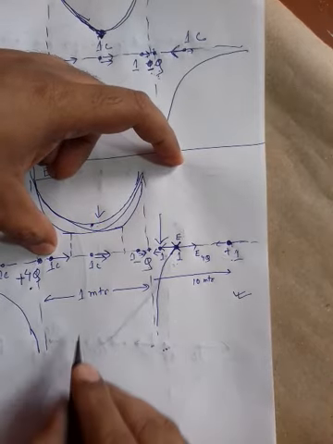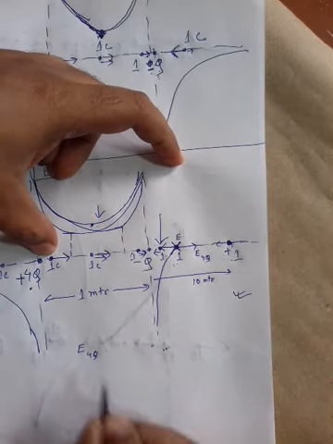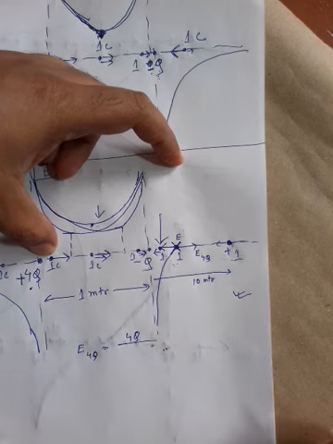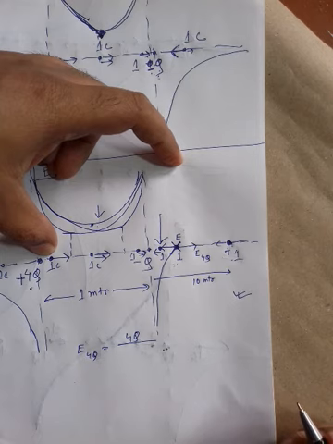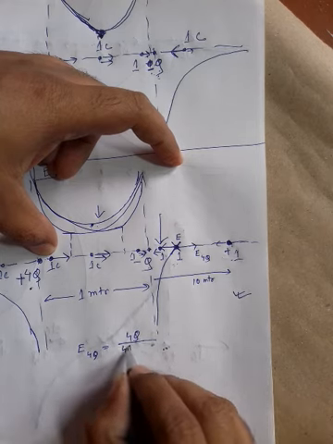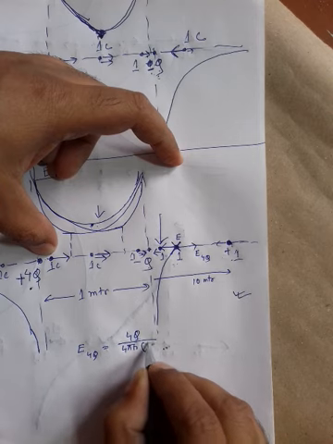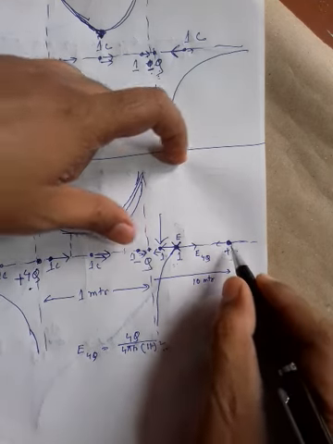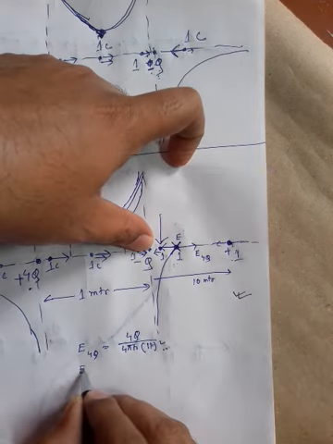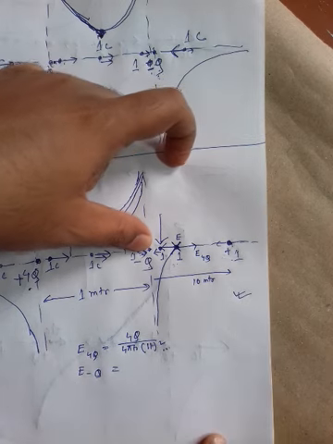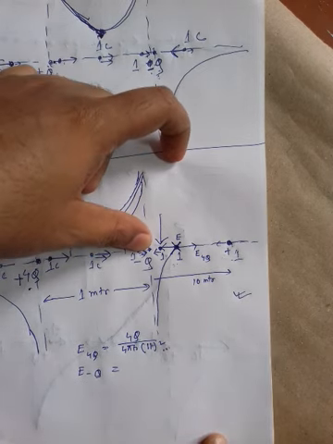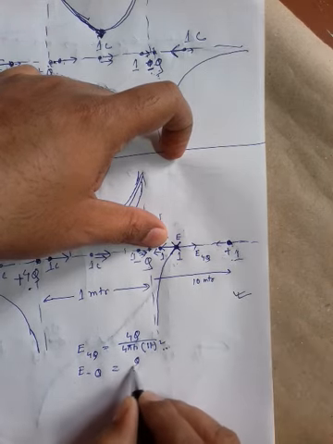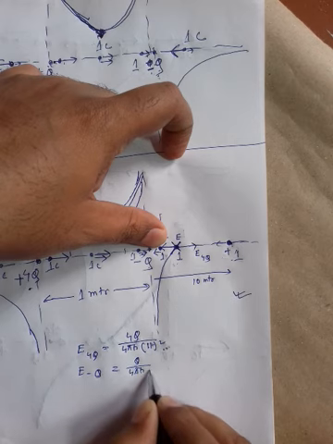Okay, so because of 4q, what is the field? E because of 4q I am writing. What is the field? It is 1 by 4 pi epsilon naught, 4q by distance square. It is 4q by 4 pi epsilon naught, 11 square. Why? Because the distances are 1 meter and 10 meter. And if you consider at the same point the field only because of minus q, from minus q this distance is only 10 meter, so it is q by 4 pi epsilon naught 10 square.